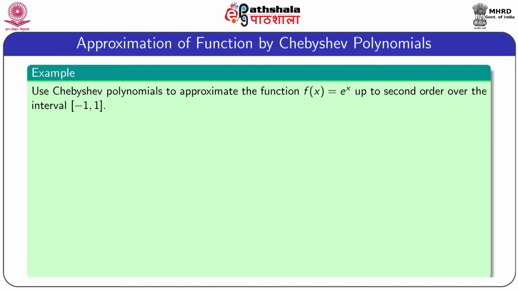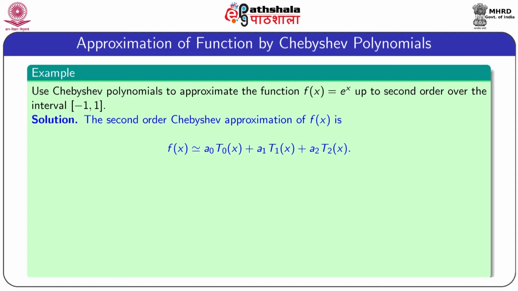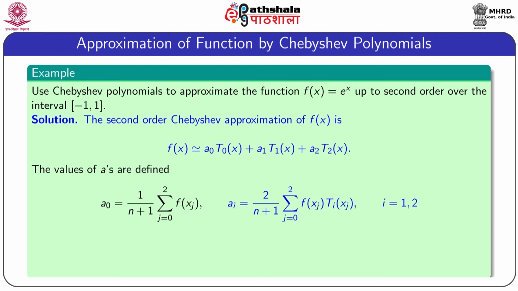Now, here we consider a function f(x) equal to e to the power x, and we have to approximate this function up to second order over the interval [-1, 1]. The second order Chebyshev approximation of f(x) is f(x) equal to a0 T0(x) plus a1 T1(x) plus a2 T2(x), where a0 equal to 1 by (n plus 1) into summation over j equal to 0 to 2 of f(xj), and a1 and a2 are given by this formula,